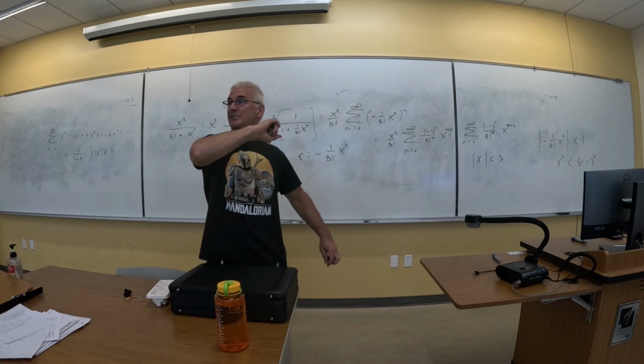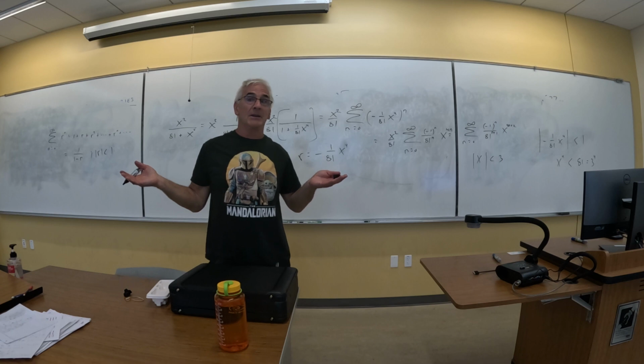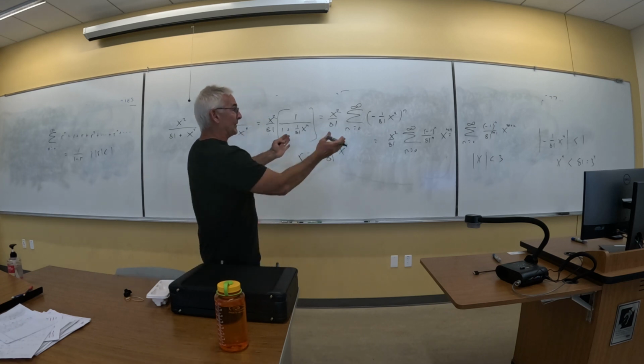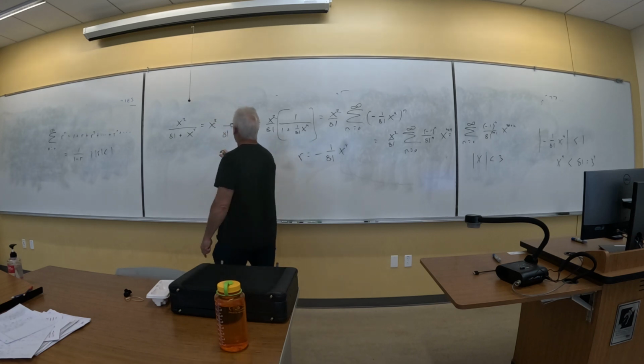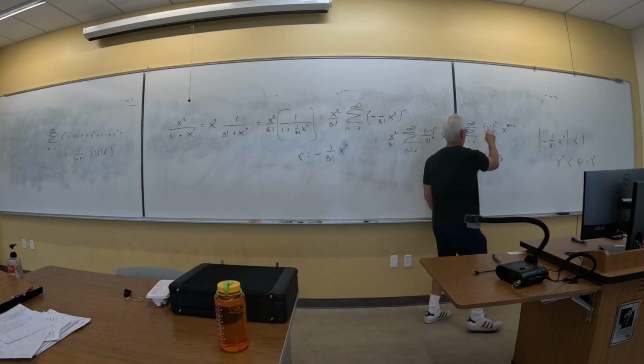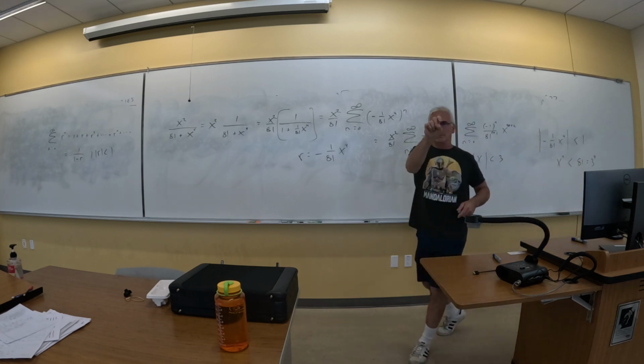Because this is a geometric series. Remember, a geometric series, you never have to check the endpoints. It can't converge at the endpoints. So we've said everything we could possibly say. This quotient is identically equal to this power series as long as the absolute value of x is less than 3. That's pretty powerful, huh? It's kind of cool. Okay. So stop